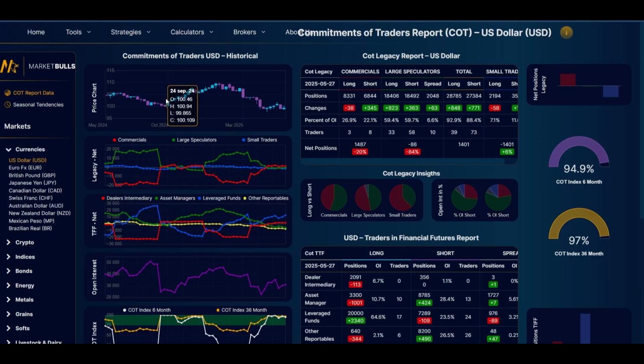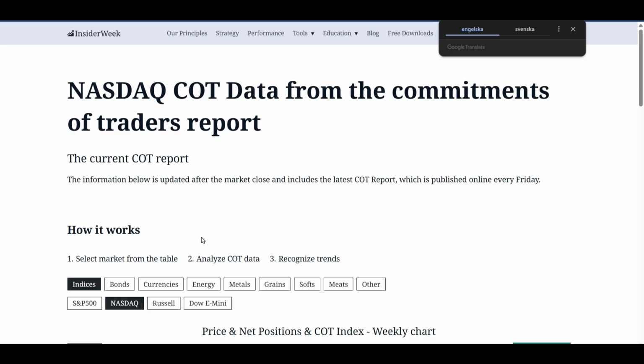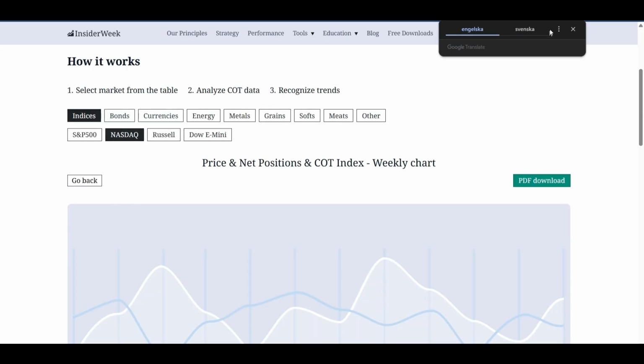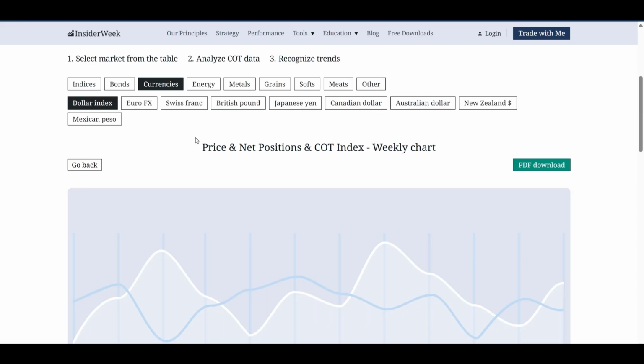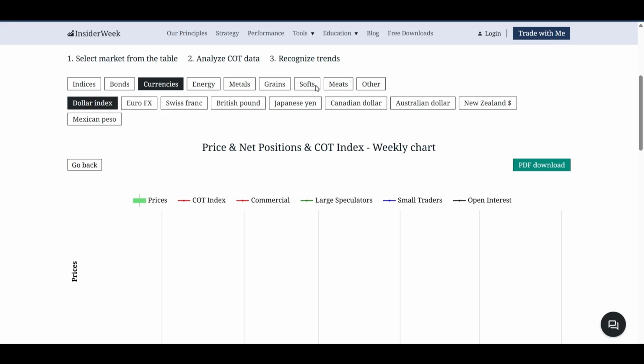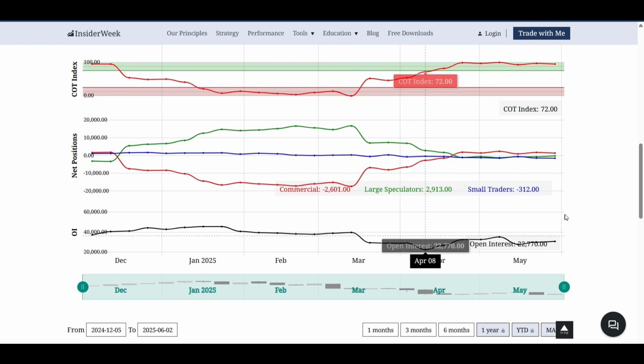Anyways, let's just continue. When you load up Market Bulls, this is why I like it so much. We can compare it to another website, to this one right here. In this case, you're going to see totally different reports. We can go into currencies, into FX, and look at very similar ones. We can look for the dollar index here as well, and you can see it looks very different, right? You have a totally different